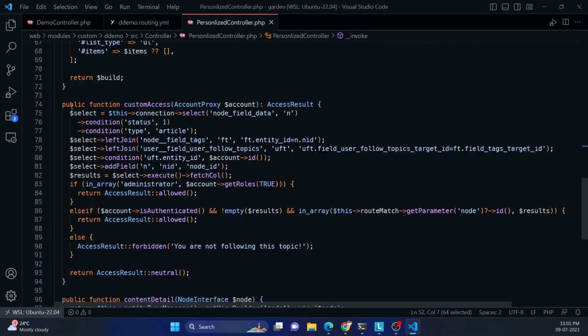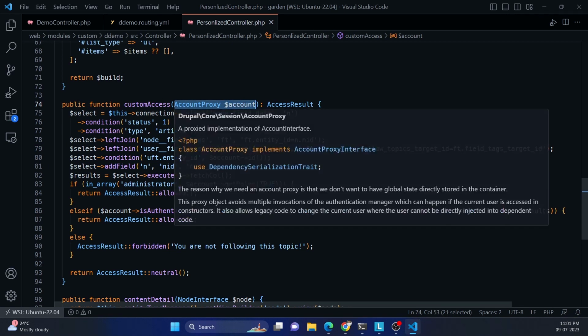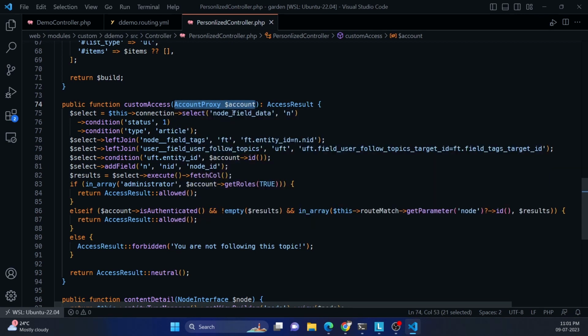In the controller we have this custom access method, and by default the controller is automatically injecting this account proxy here. This is showing the user account who is making the request to this route. From this account proxy we can get the user ID, which is who is making the